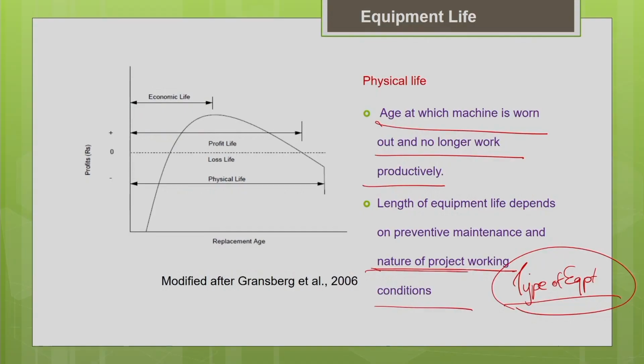So, the nature of the project conditions is going to decide the length of the equipment life. Another important thing you need to know is preventive maintenance, the care you show towards your machine. If you put some effort into the preventive maintenance of the machine, then your machine will last for a longer time. The small amount of effort we spend on preventive maintenance will save you from the major breakdown of the machine,